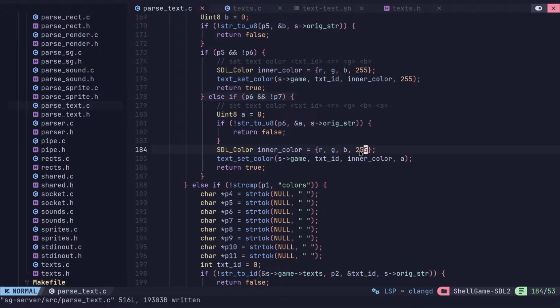Give inner and outer color 3 RGB and another set of RGB, and finally